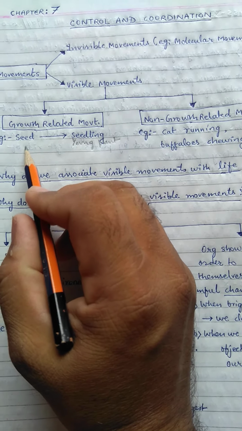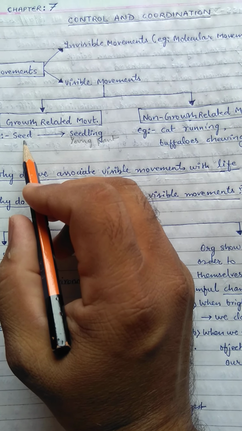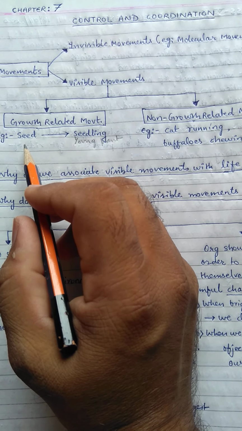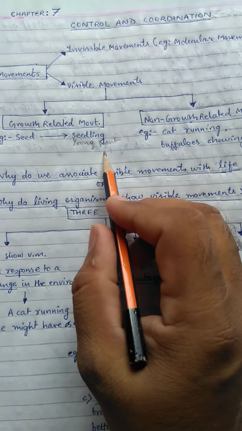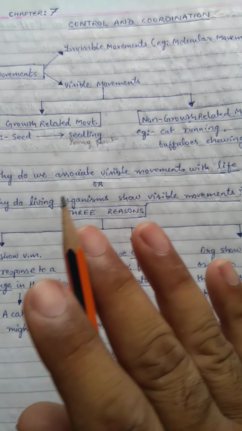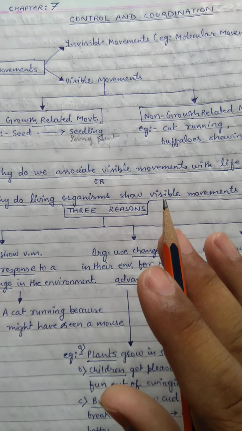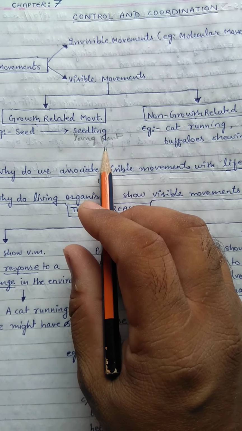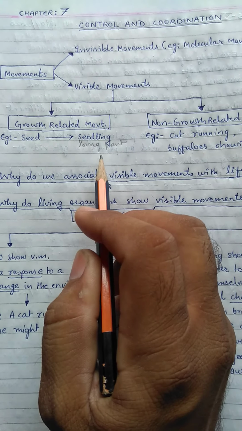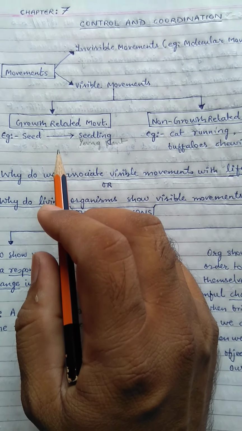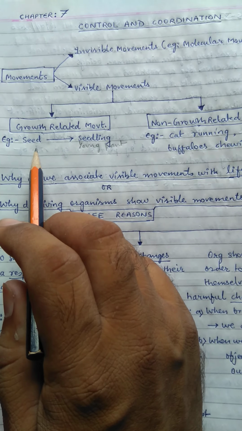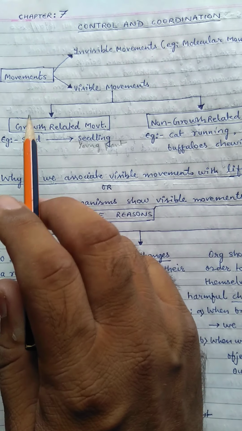When we sow the seed in the ground, over a course of few days, we find that the seedling converts into a young plant, and this young plant can be seen to break away the surface of soil, and hence this young plant seems to show the growth related movement over a long period of time. So here you can see that visible movement is seen in case of a living organism, and this visible movement is because of the growth.